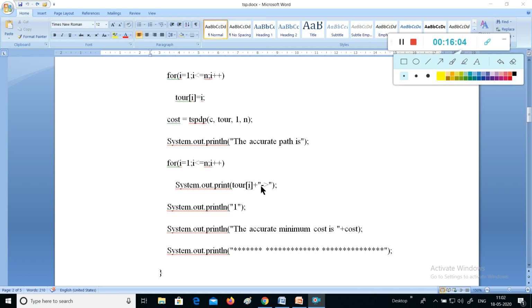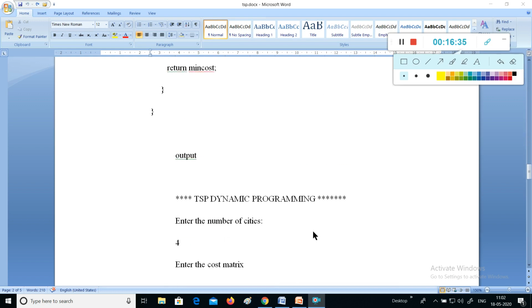So all the locations, the path like 1, 2, 3, 4, which is a cycle found with a minimum cost, is going to be stored into the array tour, and in the function we have used the minimum tour that is copied into the tour here. And finally we are going to print with System.out.println the minimum cost, and that value is going to be displayed by this function. So this is a program that is going to be used to compute the traveling salesman problem route with a minimum cost.